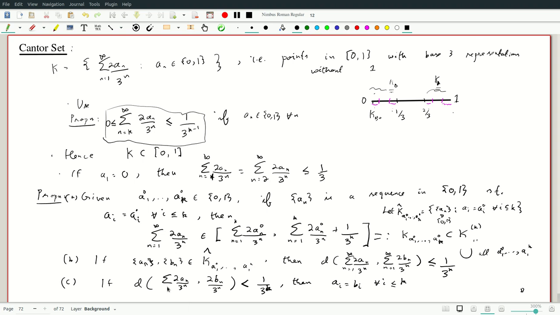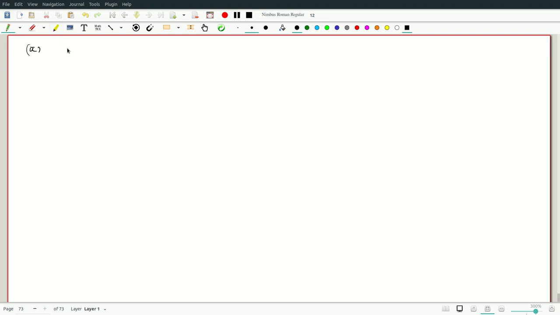Okay, we will prove these very briefly to illustrate how to work with the sequences. It's all quite elementary stuff, but quite relaxing to prove. Since A is simpler than B and they are very similar, I'll declare A to be an exercise. So B: if we have two sequences a_n and b_n that belong to the same piece of the partition, which is the same as saying that a_j equals b_j for all j less than or equal to k, then we are partitioning things by saying that the first k digits are equal. Therefore, if I look at the distance between these two, which is just the sum